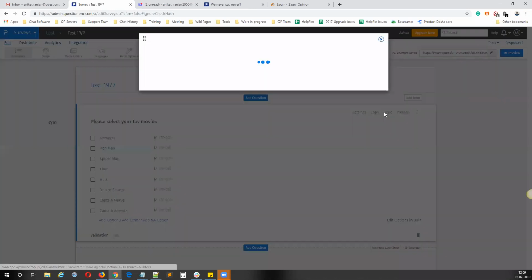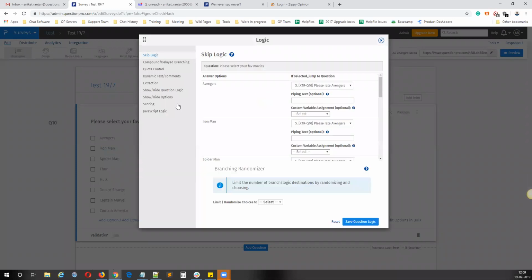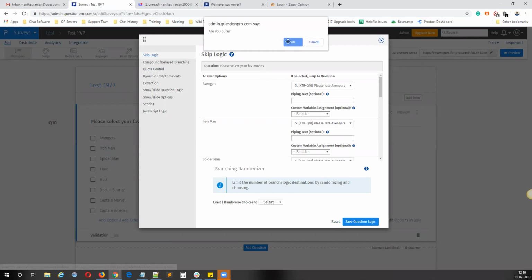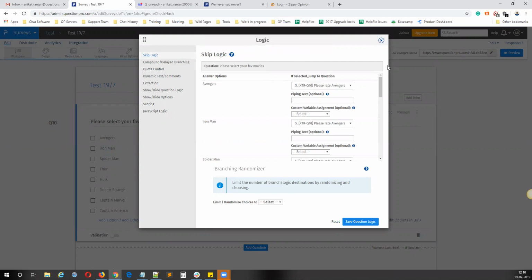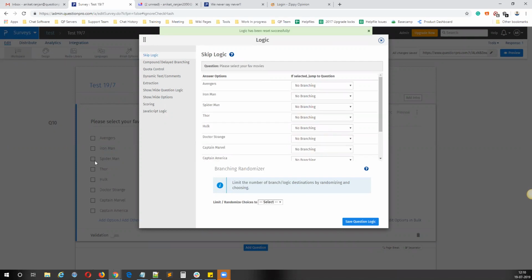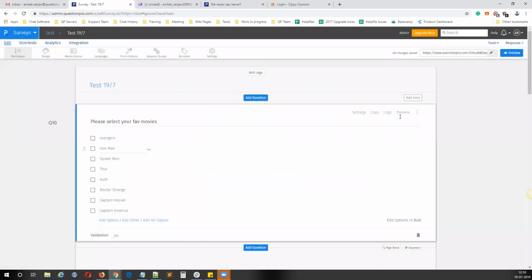Now here if I go to the logic, in the first question what I have to do, I have to remove all the skip logic here. I have to click on reset. So in the first question, which is the source question of my extracted question, I'll just reset all the logic. Now if I click on preview,